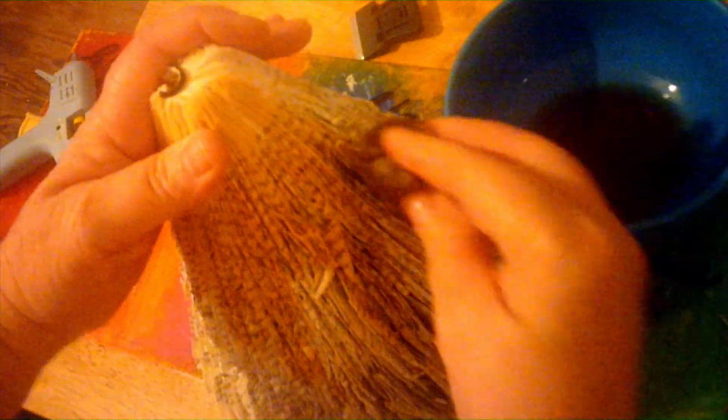Okay, so I cut and cut and cut my tree. I cut upwards with scissors and cut little chunks out. I also went downstairs and got a tea bag and put some warm water on it. And I'm going to pat it on my tree. And then I'm going to, while it's wet, once I'm done making it all brown from the tea bag, you can do this with coffee also,